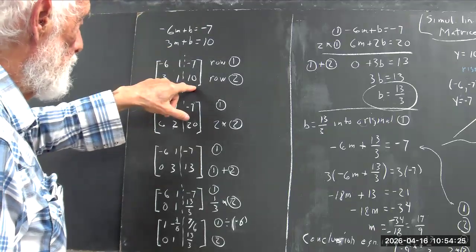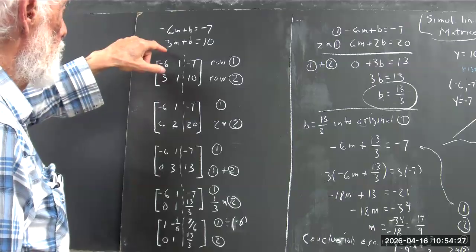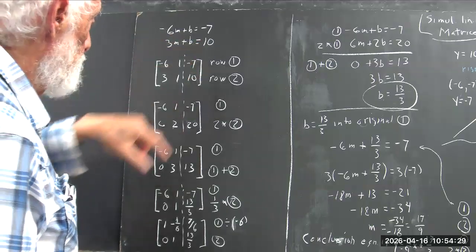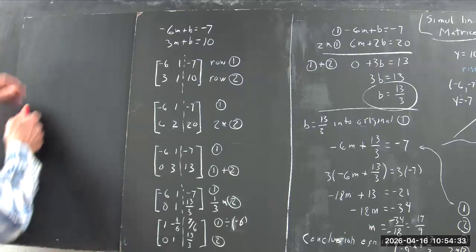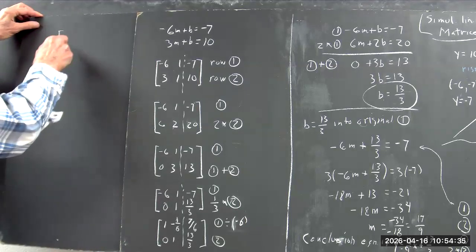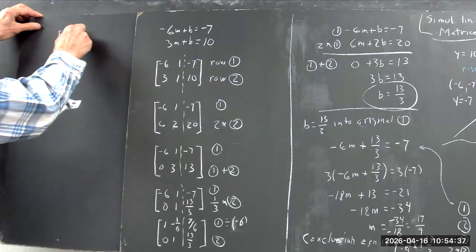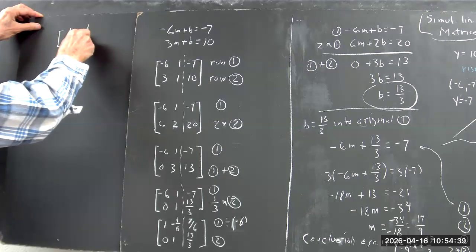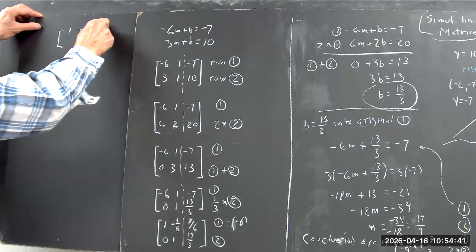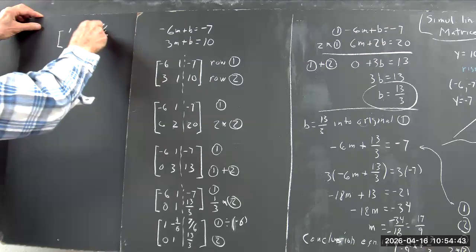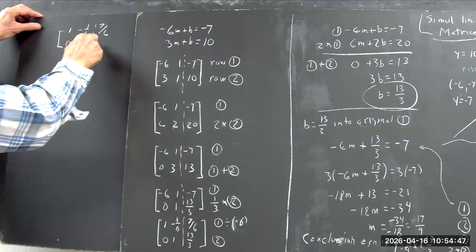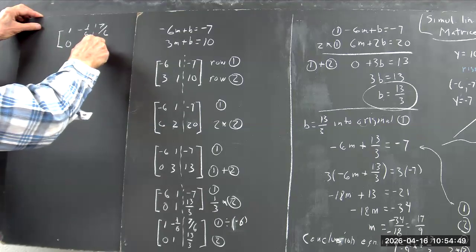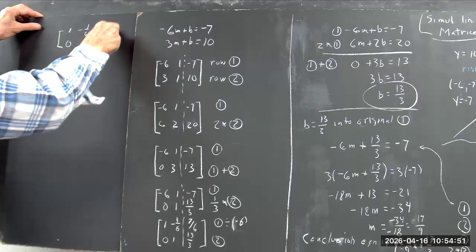The 3, 1, 10 in the second row represents 3m plus b equals 10. So the matrix that I just got, 1, negative 1/6, 7/6, 0, 1, 13/3, represents